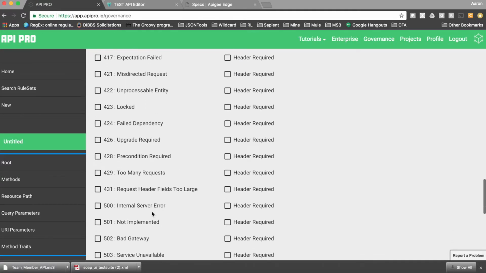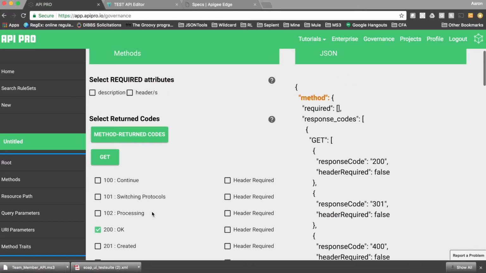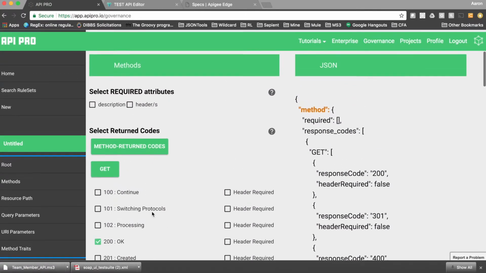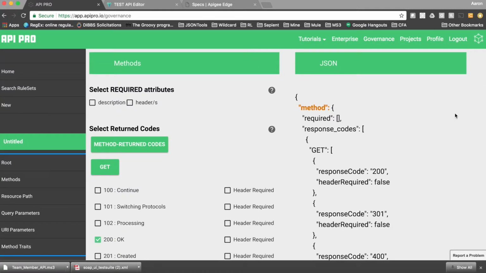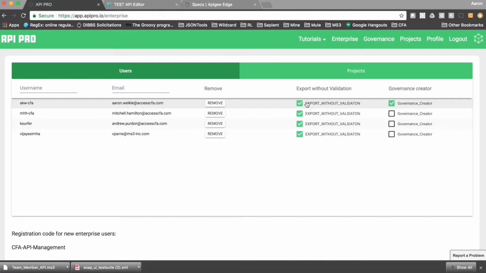So we have all the status codes in here, so that they can be leveraged for best practices. The governance creators have the ability to see this menu and create governance rules for their enterprise that get applied across the entire enterprise. If we go back to our enterprise menu, our users have the ability to